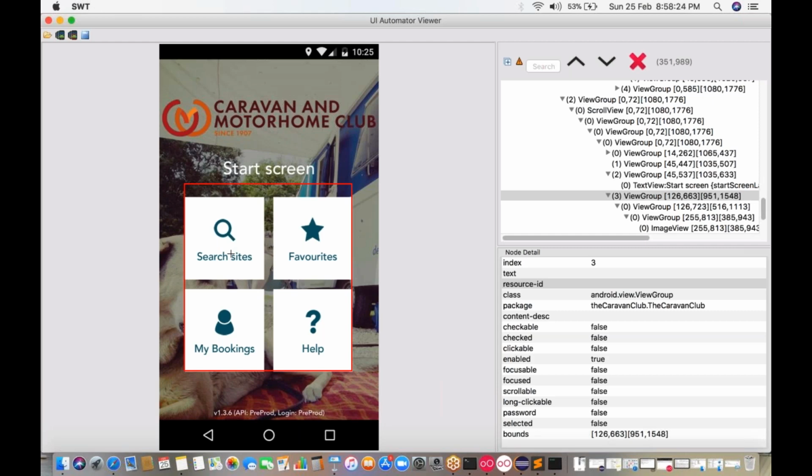So how can you check the coordinates? You can see them at the right side, where my mouse cursor is. When I hover the mouse here on the left side screen, you can see the coordinates are changing. Suppose I want to click on the search site icon. My coordinates are 312, 865. So I can use those coordinates to click on the element. But that is basically not a preferable way. But you have to use it when the application is secured,